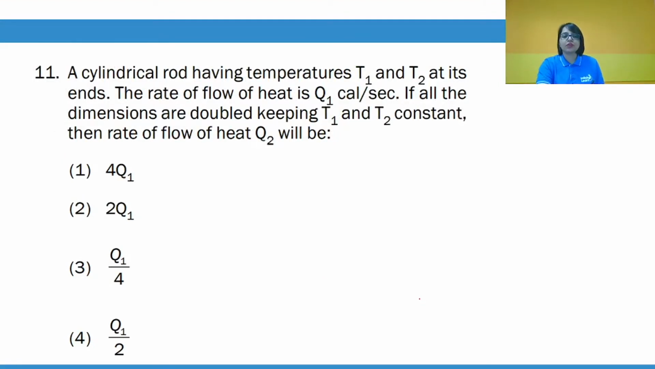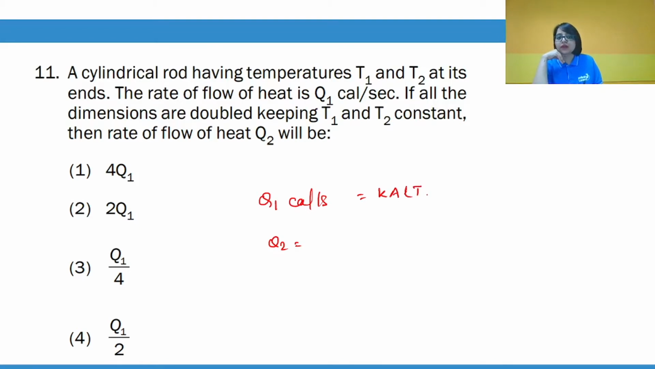Next is question number 11. A cylindrical rod having temperatures T1 and T2 at its ends, the rate of flow of heat is Q1 calorie per second. If all the dimensions are doubled, keeping T1 and T2 constant, then the rate of flow of heat Q2 will be. So Q1 is